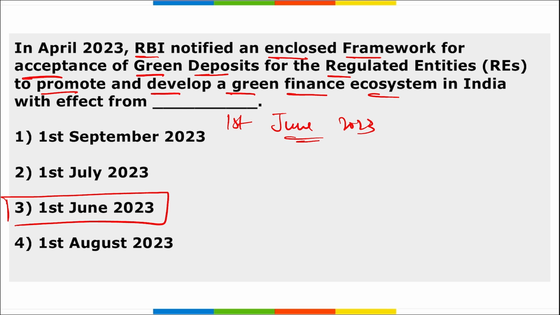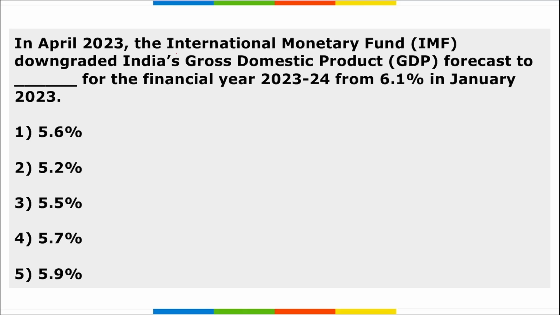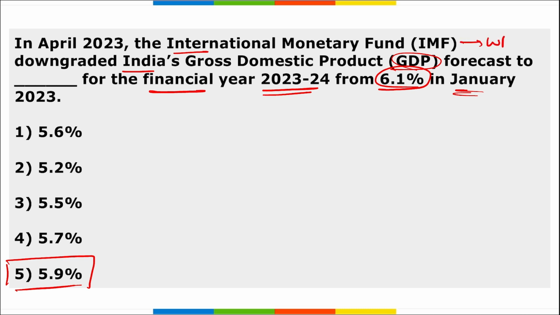All right. Next, the International Monetary Fund has downgraded India's GDP forecast to dash percent for the financial year 23-24 from 6.1% in January 2023. So it has been reduced to 5.9%. Mark this, it is important, right? IMF, its headquarters is in Washington DC. They have downgraded India's GDP growth rate that was earlier projected to be 6.1%, and it has been reduced to